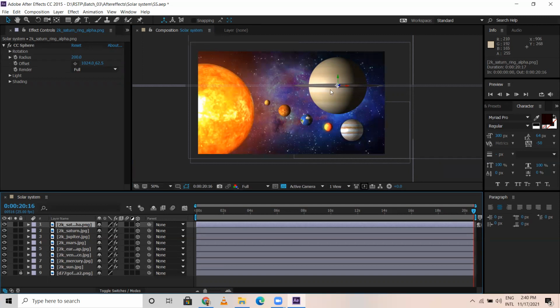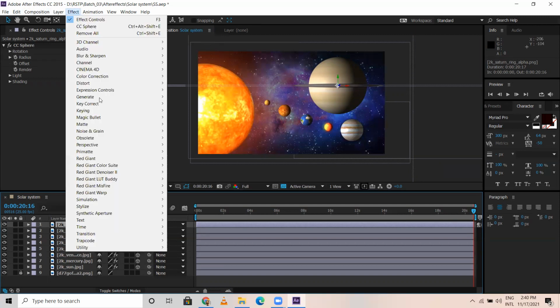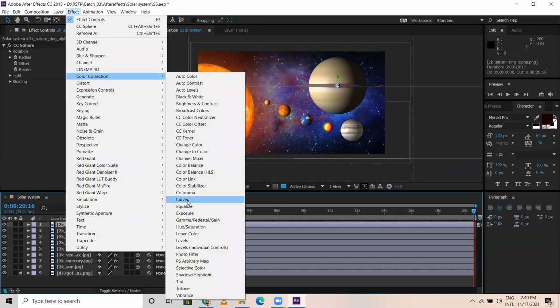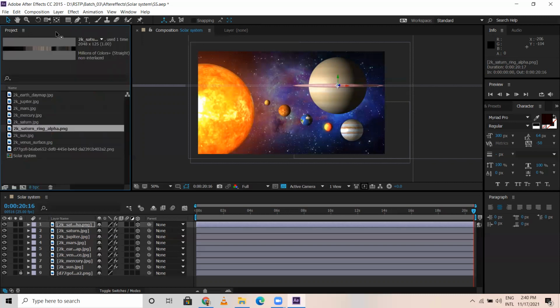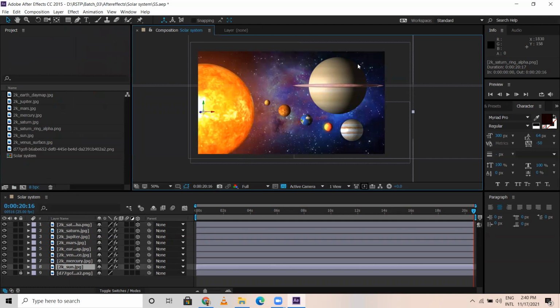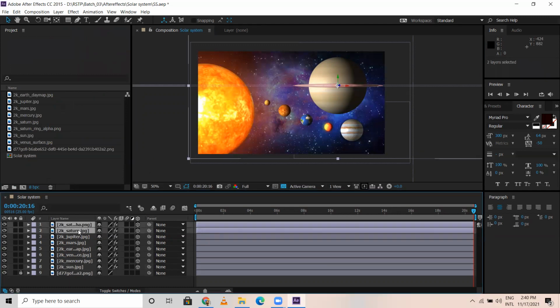So I'll just do a bit of color correction. So I'll go to effects, color correction, go to curves. Normally in Photoshop you have curves. It is the same way here also. Let me increase the bit brightness of this. I can increase bit red tint of this. Okay, it's here like this.